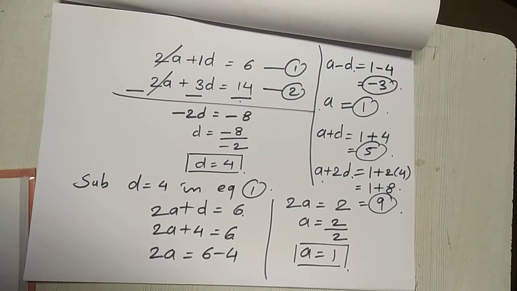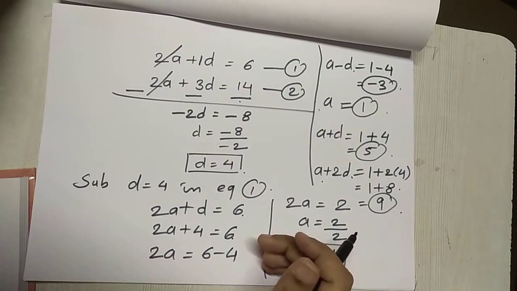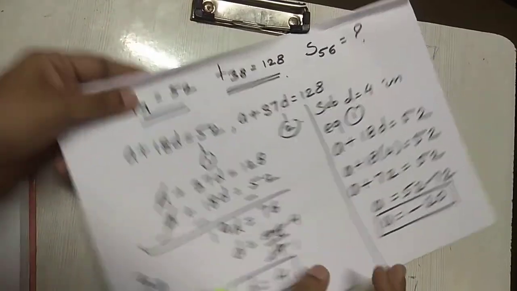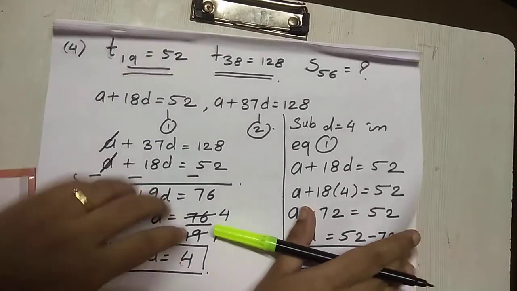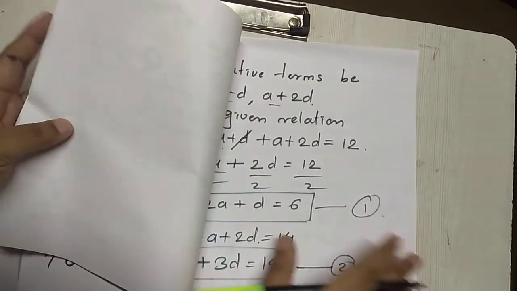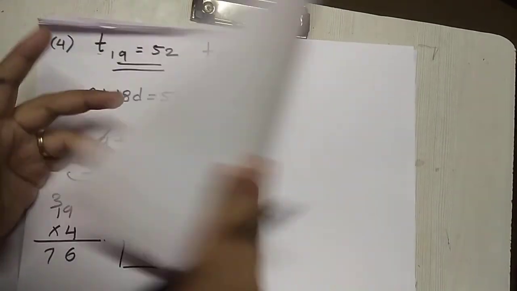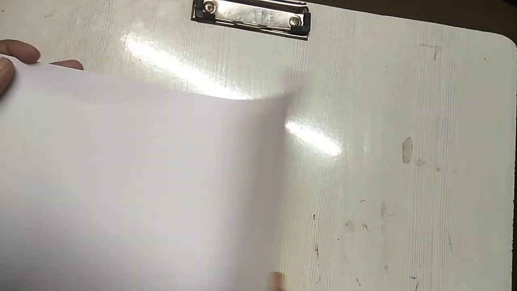So this was question number 8. Question number 8 will help you to solve question number 7, children. Question 7 and question 8, they both are alike. Try solving the sums which I left for homework for you all. One more sum is there, question number 9. Question number 9 we'll do in the next lecture. You try on your own. If it's not possible, we'll do it in the next lecture.